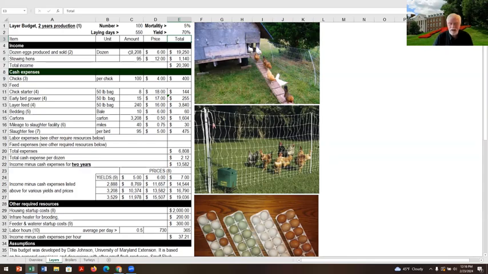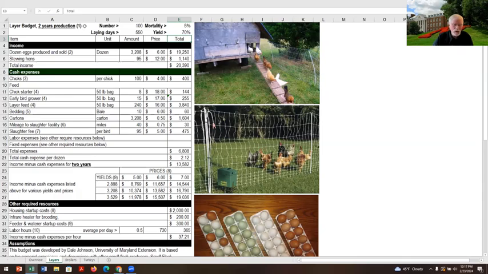Some people might say, well, I'm going to have a dual purpose chicken. In that case, I'm going to reduce that yield down to 50 or 60%, but I might have some really good chickens that after 2 years I might be able to put this price up a little bit. I don't think it's going to offset. I would always suggest if you're going to have a layer operation, then buy real layer chickens, Leghorns or Rhode Island crosses, so that you get good production.